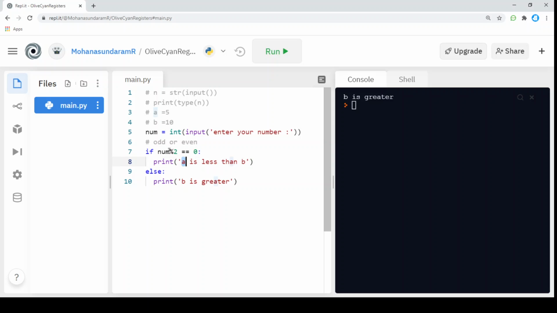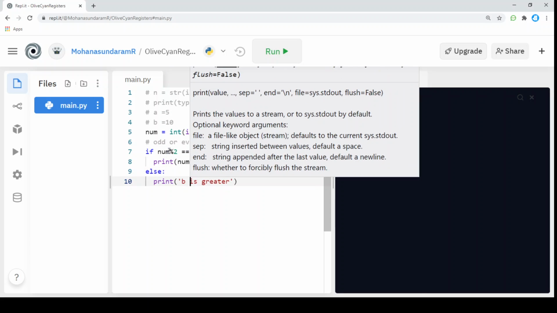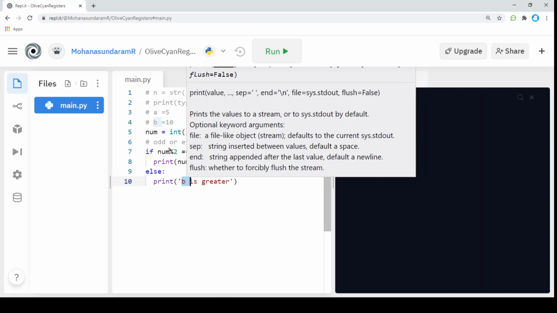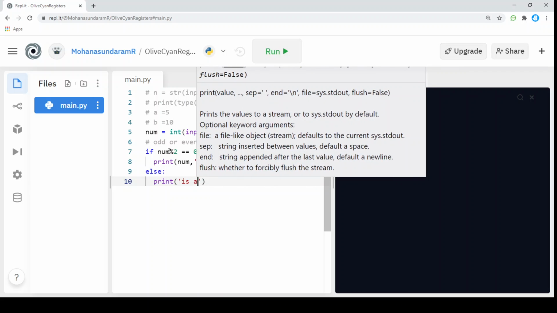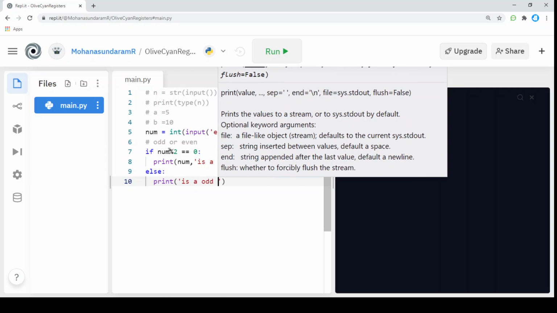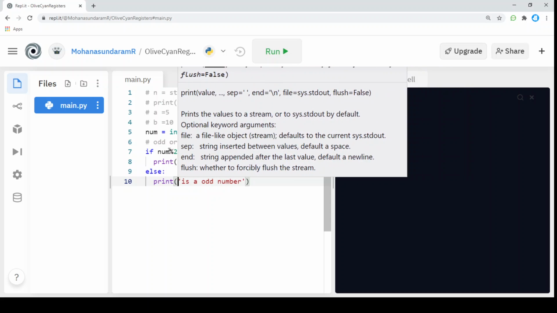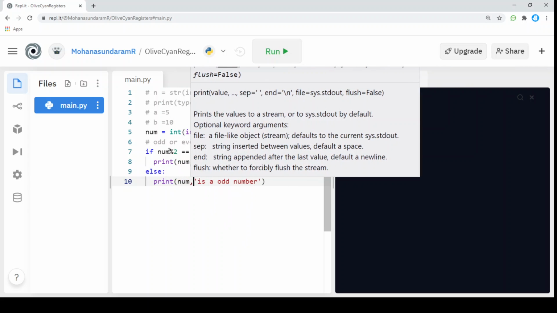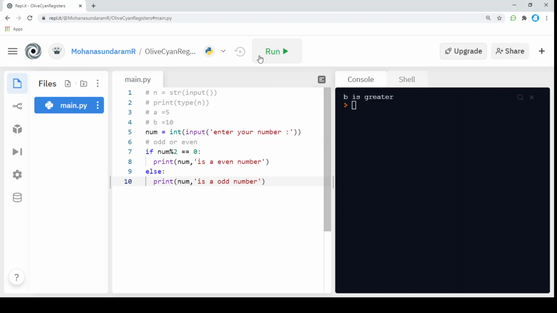I'm going to run this function. Before that, I'm going to explain once again.